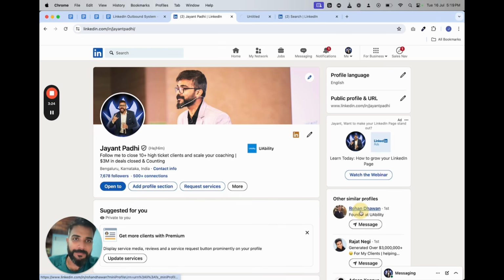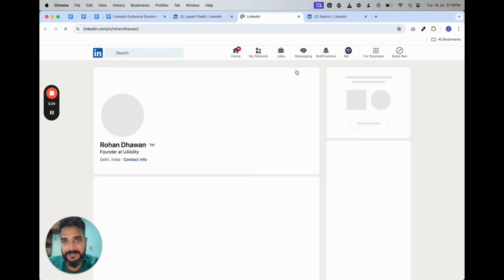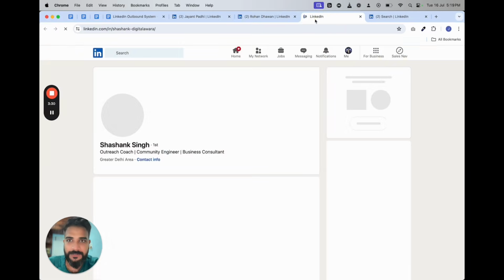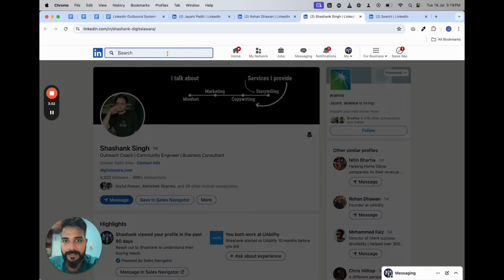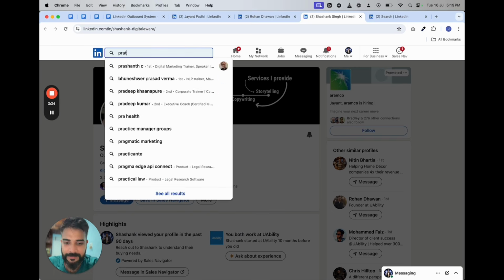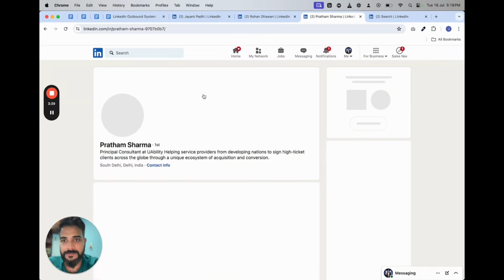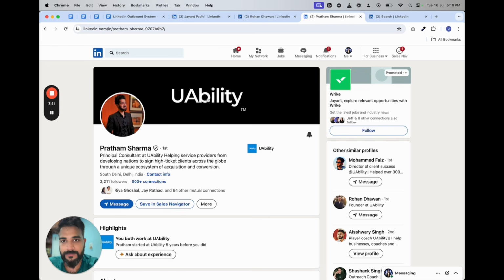A lot of our company team members add something too. Okay, Rohan has added this one. Let me see if Shashank, I think Pratham has a pretty good one. Yeah, he just added our company's logo. That's it. Just keep it simple. Don't complicate this thing, right?